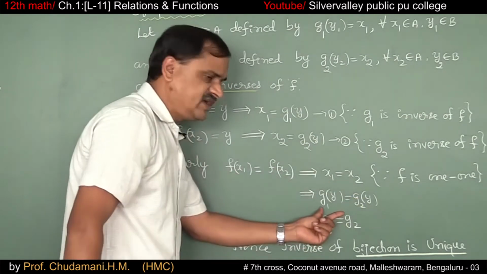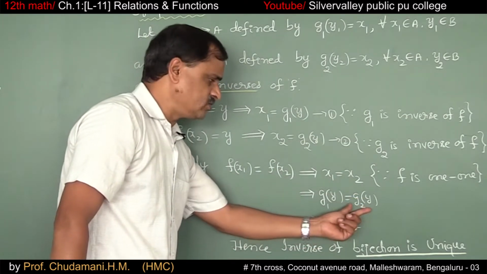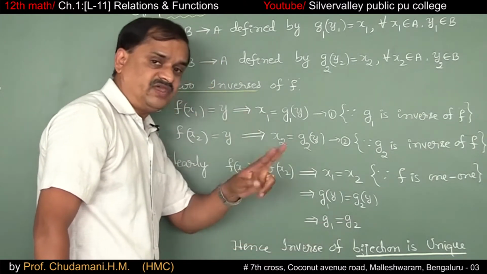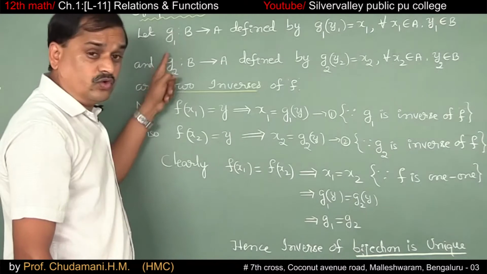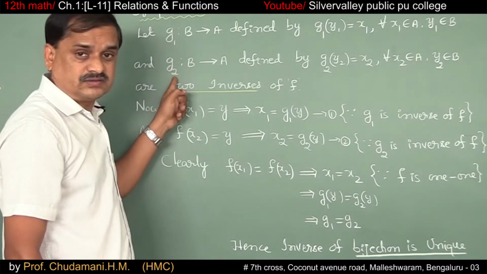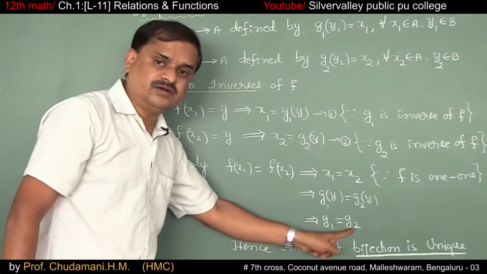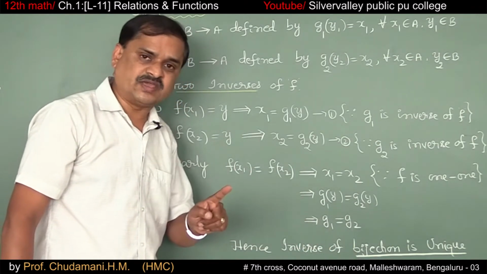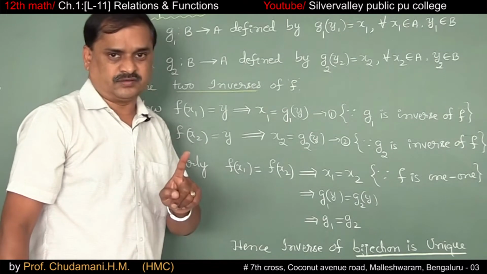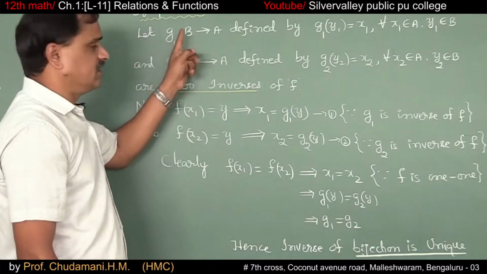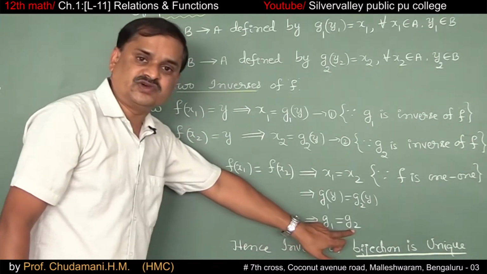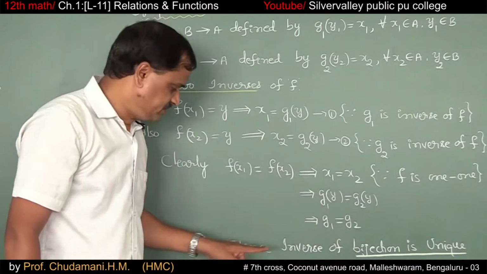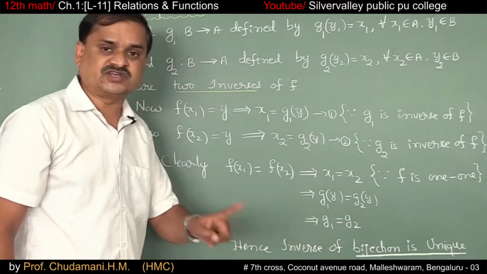See, I have written here g1 of y equals g2 of y. So that means g1 is equal to g2. But we assumed there are two inverses for f. Here we arrive at g1 and g2 not being different, they are the same. That means unique. If possible, not possible actually. So g1 and g2 are not two inverses, they are one and the same. Hence, the inverse of a bijective function is